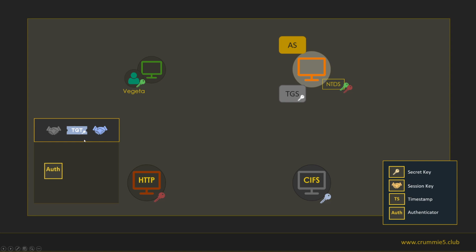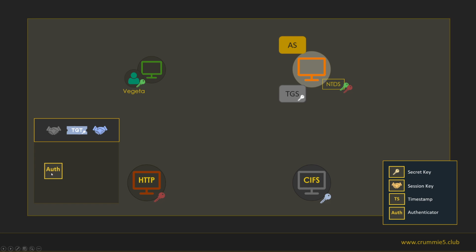Then when the service aims to list the shared folder that is in SQL01, he will use this delegation TGT to act on behalf of Vegeta and to ask for a CIFS service ticket for SQL01.